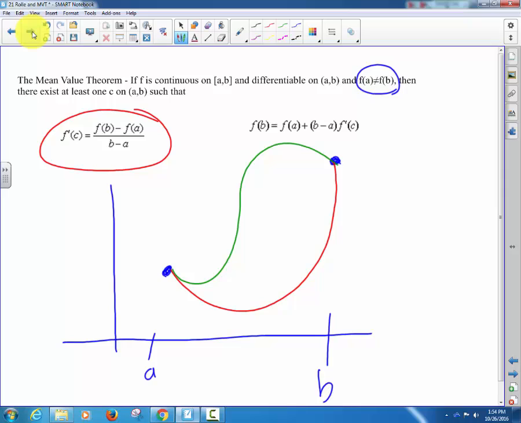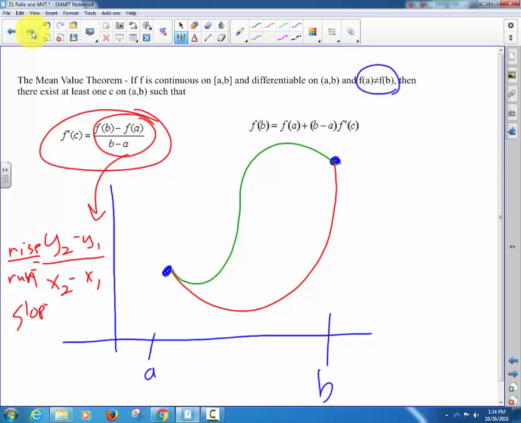Have you ever seen such an animal in your life? Slow. This hopefully reminds you of y2 minus y1 over x2 minus x1, something called rise over run, something called slope. Okay, so what is that saying? Saying if I can figure out the slope between these two endpoints right there,